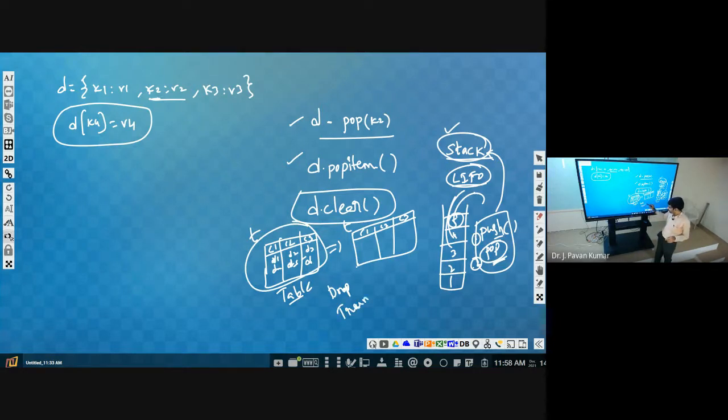Truncate means it will delete the data. Drop means the entire table will be vanished, but truncate means it will delete the data and keep the table structure as it is. That is the difference. Actually, there is another command called delete. This will also delete, but suppose we are having 10 rows, out of those 3 only we want to delete.